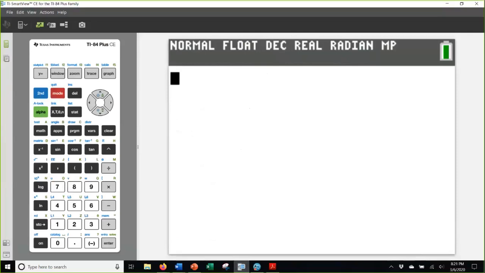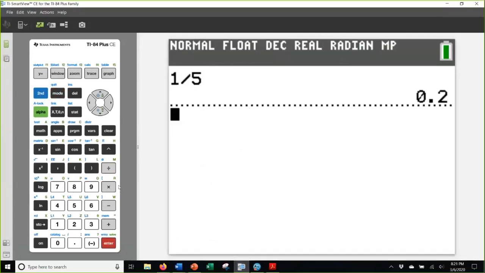So we could make a fraction using the divide symbol, but I really like my symbolism and my calculator notation to match my mathematical notation. So my favorite feature of the TI-84 family is the ability to have a fraction template. It's going to be found if you're on a TI-84 Plus CE, the newest version of the calculator. Press alpha and the X button, and there's your fraction template. And you arrow around the template.